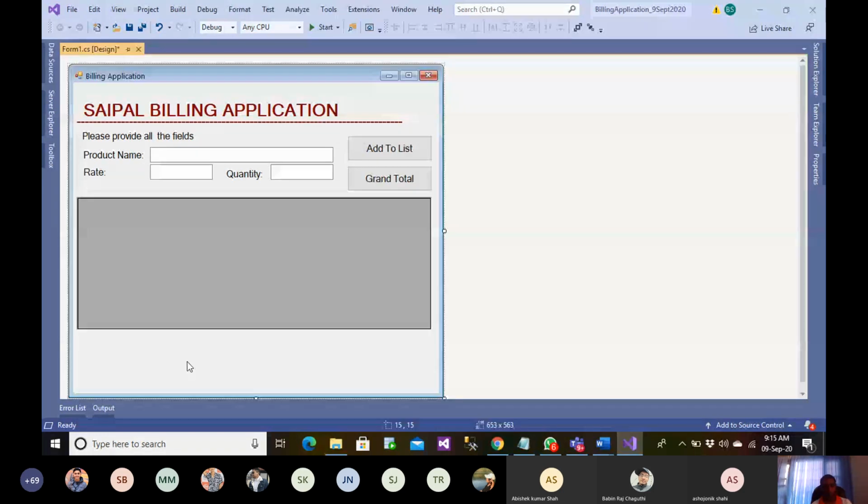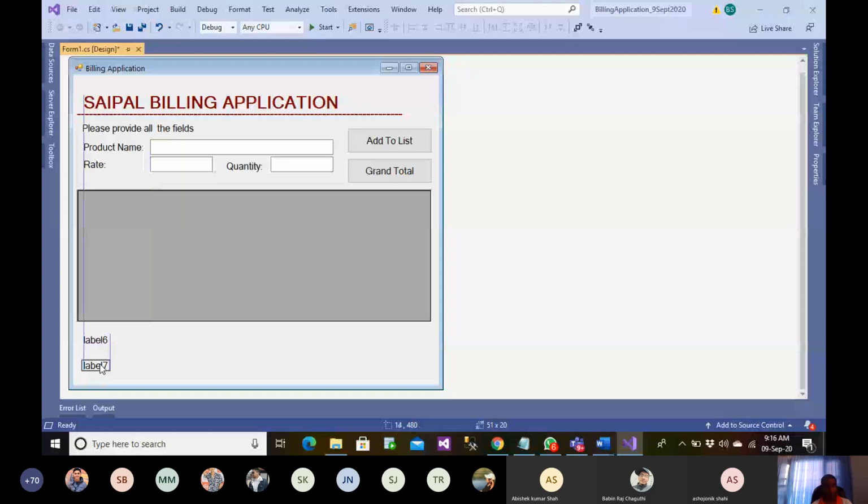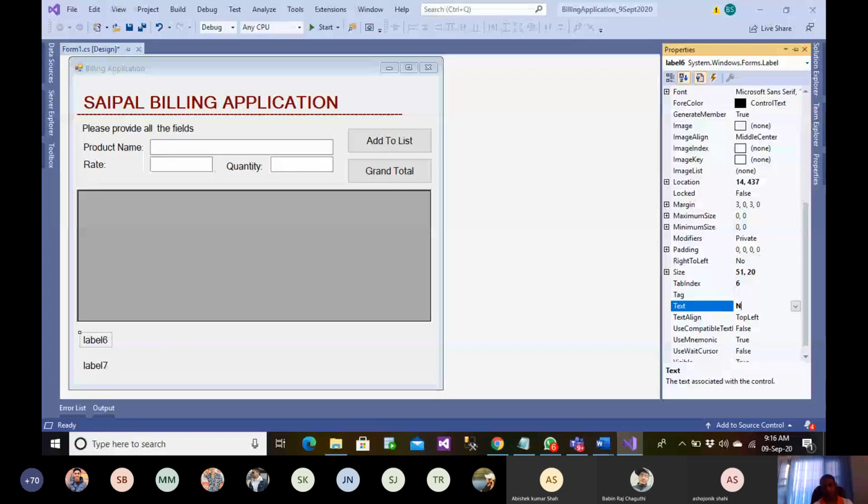Now here I want something like total amount. This is the net amount. This is discount. Okay, this is gross total. This is discount.